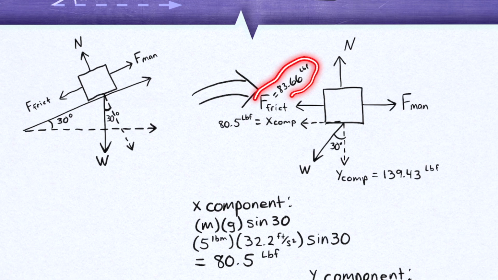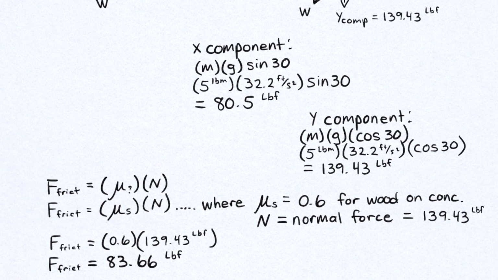So the force of friction, which is this vector, this arrow, is 83.66 pounds of force. We know what the force of friction is. We know what the normal force is. I actually forgot to label it, but remember, we solved it. We talked about it here. We solved for the normal force,